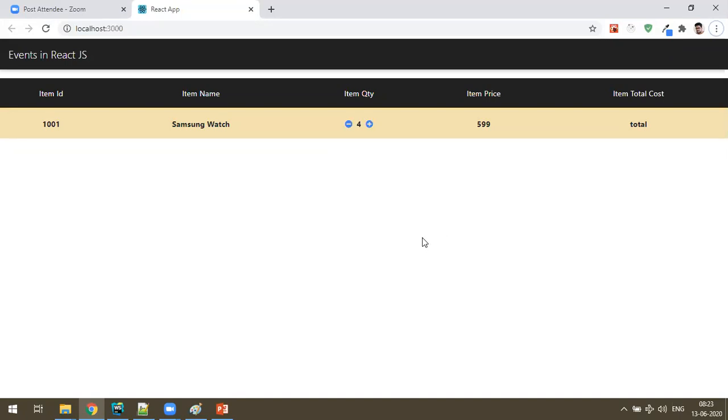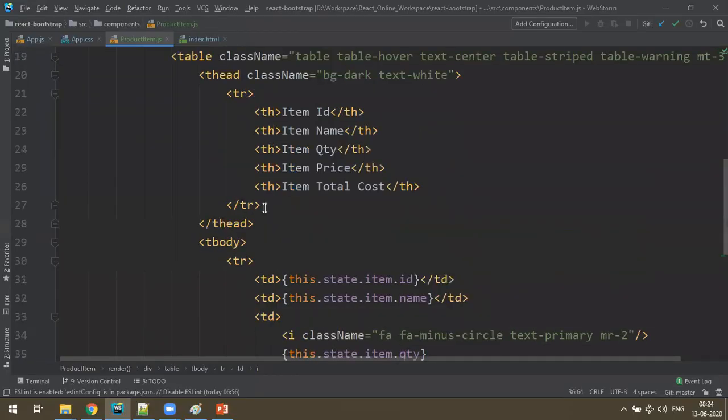Now the plan is whenever I click on the plus symbol, I want to modify the 4. Before that, I want to visualize the state data also so that I can easily understand. Instead of going to console log, I wanted to visualize the state here. That's quite simple.